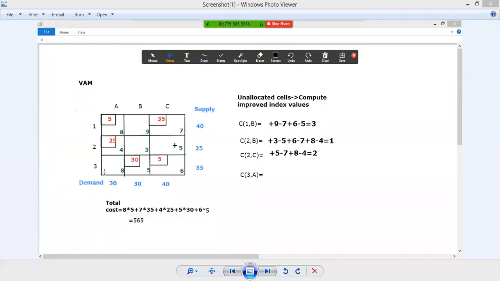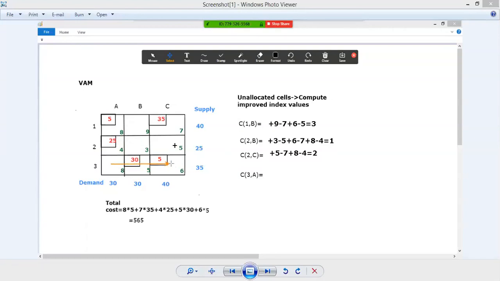Now there is only one unoccupied cell. We have computed improved index costs for these particular cells. Now we have only one cell where we need to compute the improved index value, that is this particular cell. So from this particular cell, I can reach this cell. If I reach here, I cannot go back here. That is why from this particular cell,